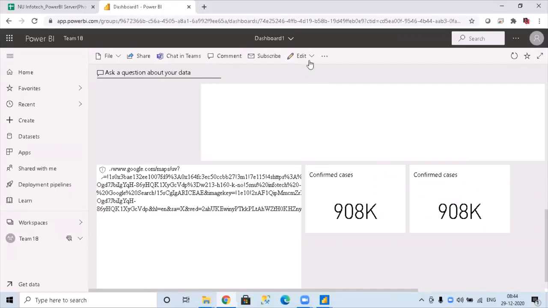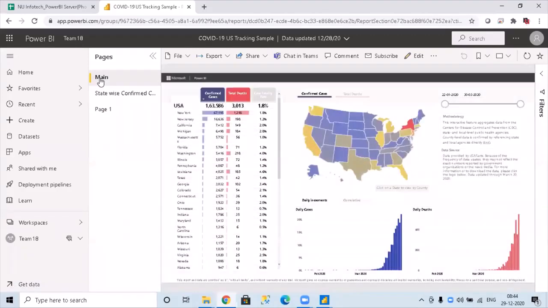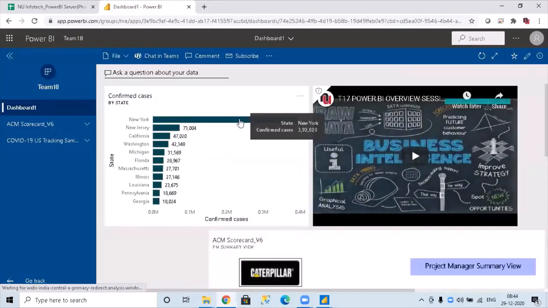So you understand, right, guys, all of you? Basically we can set alerts. If a certain value is going to a certain level, then we could set those particular levels. Okay, clear? So here I see apps. In dashboard only we can set the alert. One more thing, in dashboard only we can set the alert, not in the